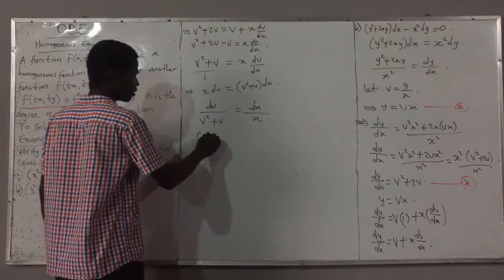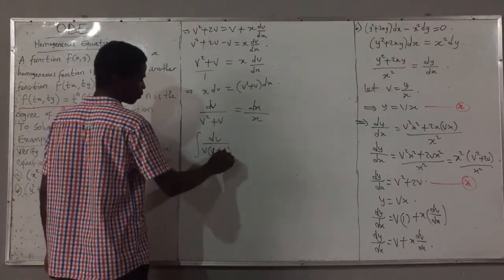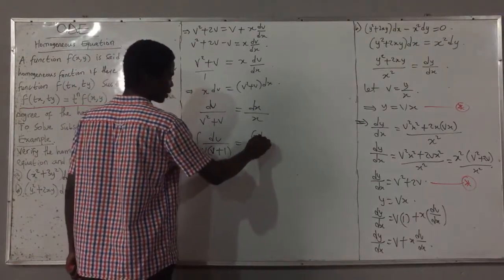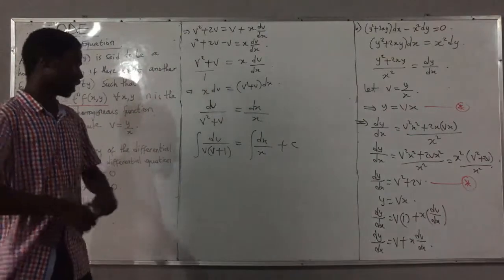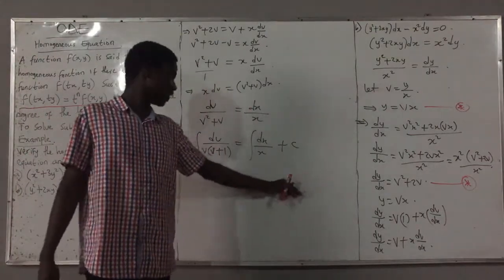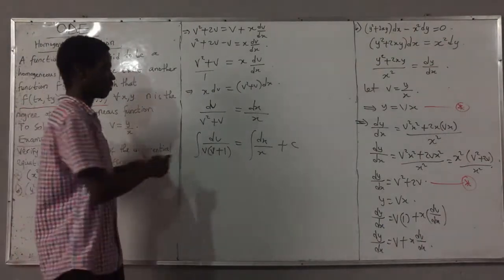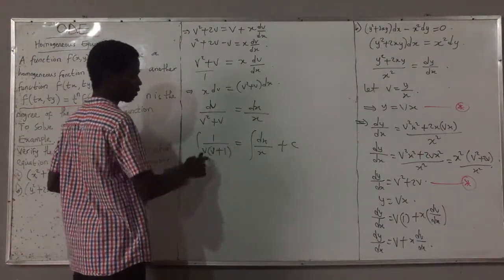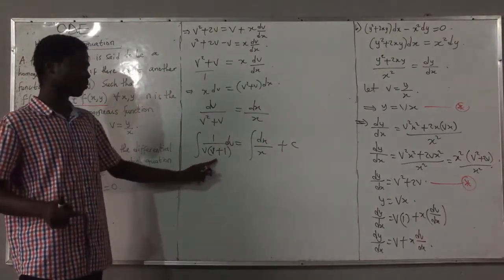Integrate now. This is dv. Factorize the denominator. I have v open bracket v plus 1 equal integral of dx over x plus c. You can write in k or in anything if you want to simplify further. Now this is 1 over v. Whenever you have something like this at the denominator, v open bracket v plus 1,